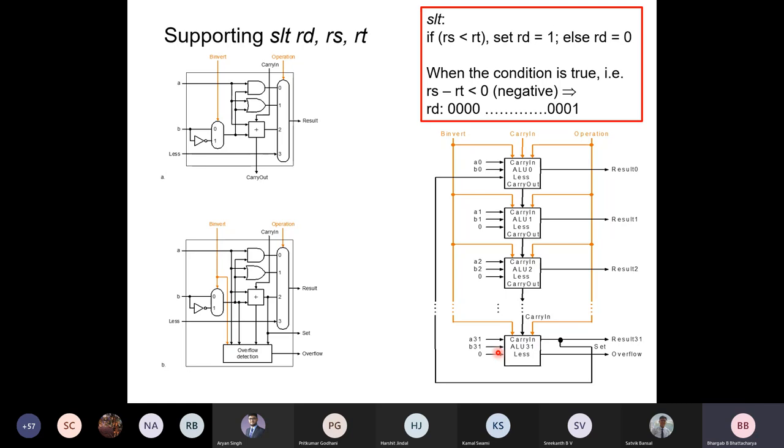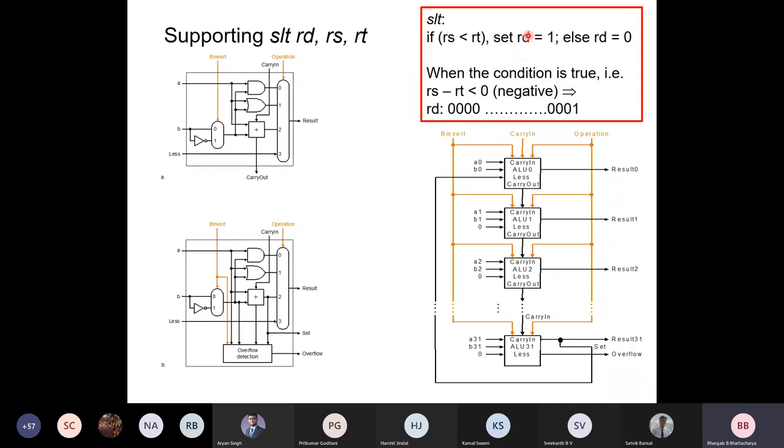Look at this diagram carefully. So this is the block. I have 3 inputs, A, B, and there is a less input here. And what I'm going to do is that A, B receive the actual bits from RS and RT. And the third inputs are all set to 0, excepting the first one, which takes its value from the sign bit, the sum bit of the last adder. Okay. So whenever you get these values here, this vector will be used to load the